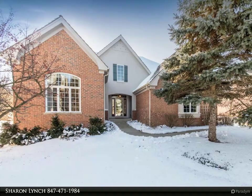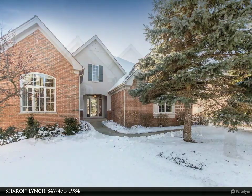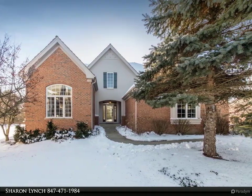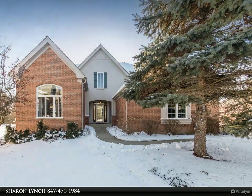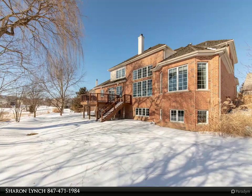This fabulous home is in a gated community and situated on a private cul-de-sac overlooking a conservancy. It is a premier lot. This home is immaculate and features 4 bedrooms, 3.5 bathrooms, a gourmet kitchen a chef would love, family room with